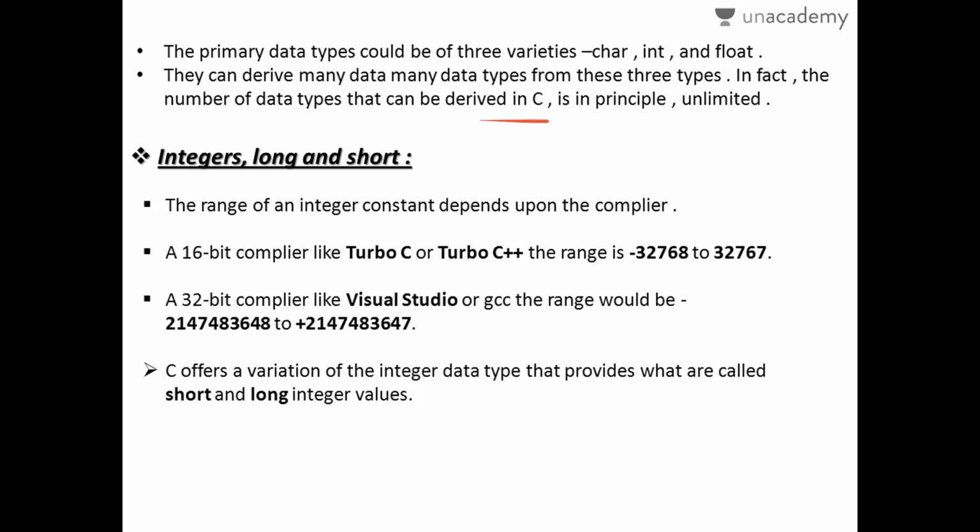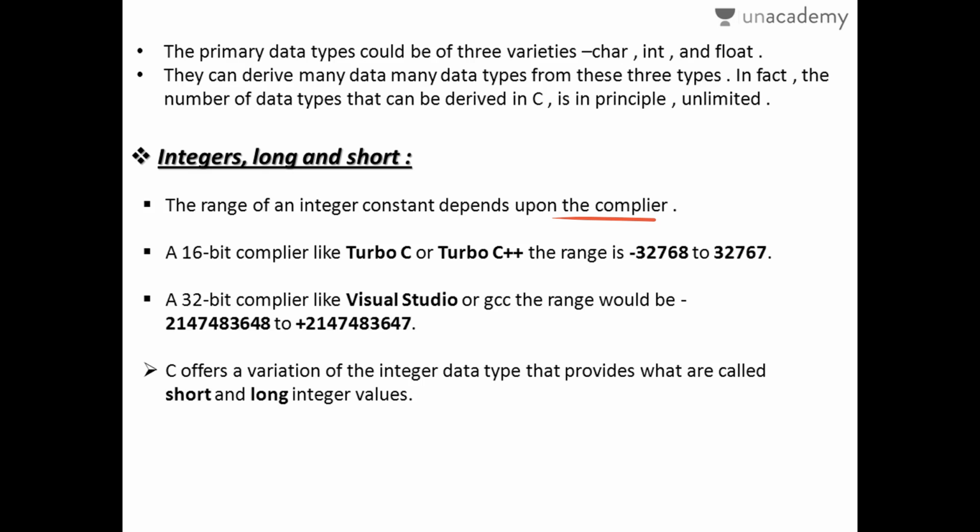As I said, long and short integer data types. As int holds only 2 bytes of memory, we use long and short data types to make sure that some other extent of the memory space can be used, some other extent of the values that we have to store in an integer data type. The range of this depends upon the compiler, because for a C compiler that is different, for a C++ compiler that is different.